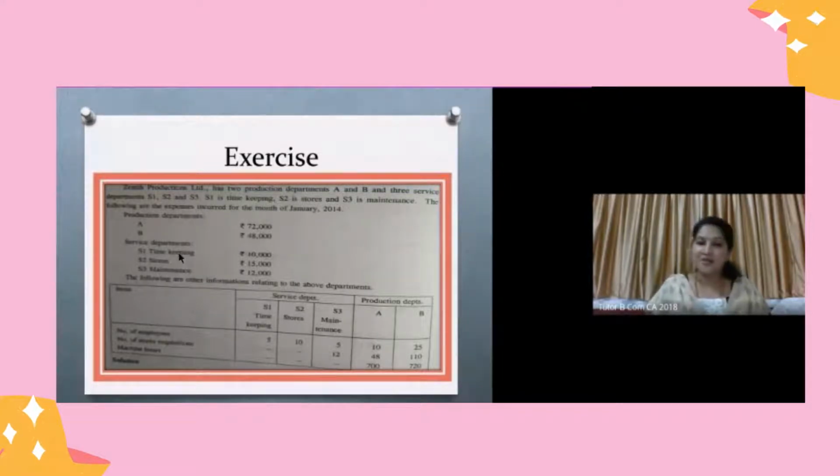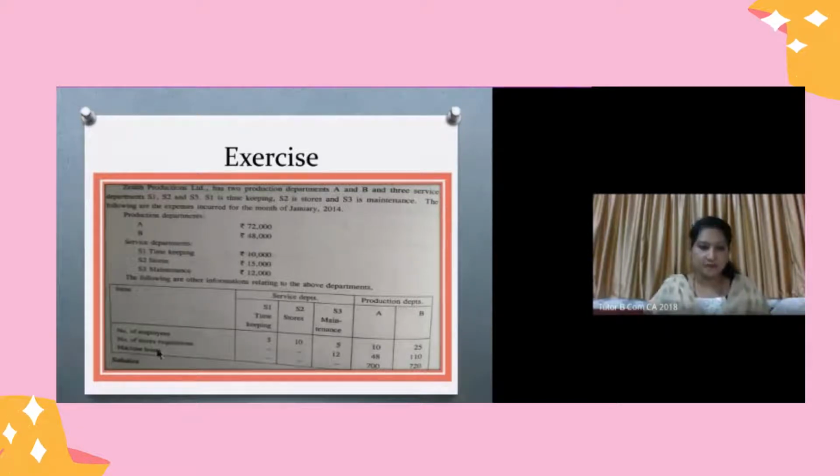As we all know, timekeeping is normally shared on the basis of employees. But the stores department will be shared on the basis of the number of stores requisitions. So you can understand that the ratio for sharing is missing here from here onwards. It's an order which you will understand better when I show you how to actually do it, but I'm just giving you a preliminary introduction to anticipate what is going to happen.